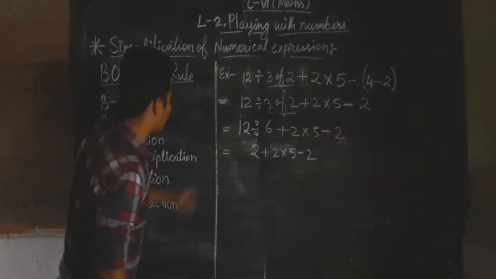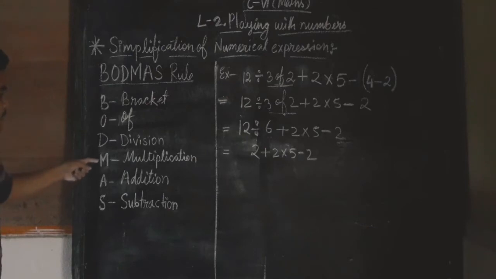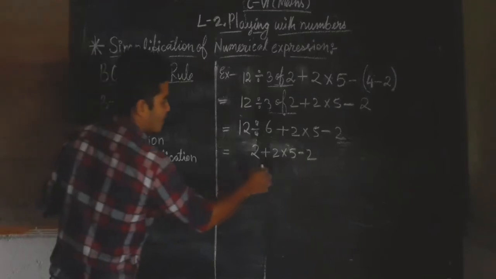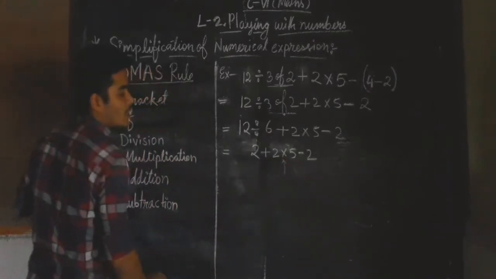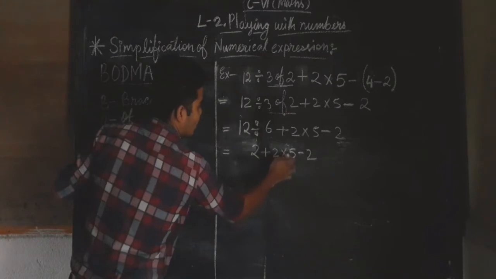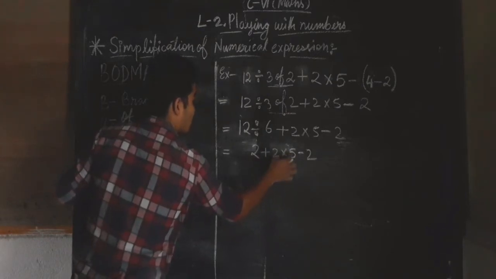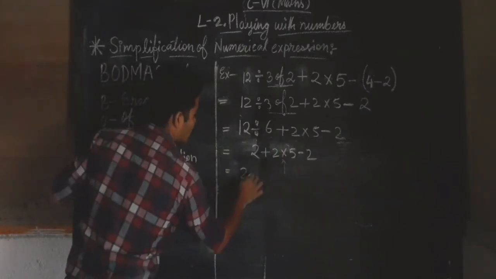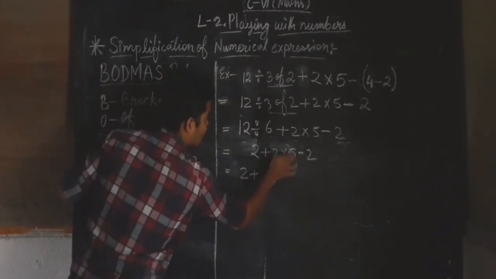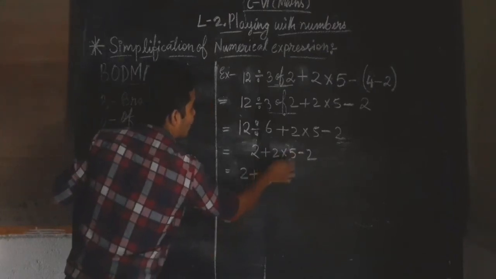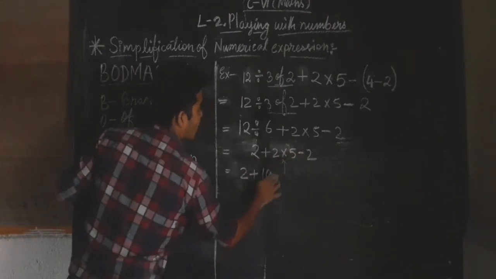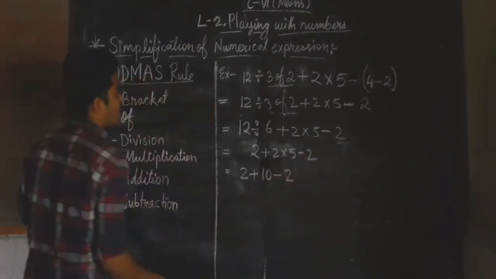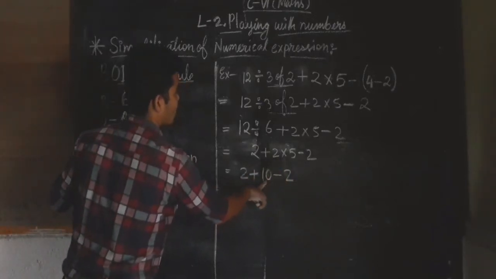So we have done division also. Now we have to search for the multiplication in the expression. You can see now what is left. Is there any multiplication anywhere? Yes, it is there. You can see this multiplication is between these two numbers. That means we have to multiply these two numbers only, and then the remaining things will be as it is. You can see this 2 and this plus will be as it is. Only I will multiply these two numbers and I will write here 2 5s are 10. Then I will write the minus 2 here.